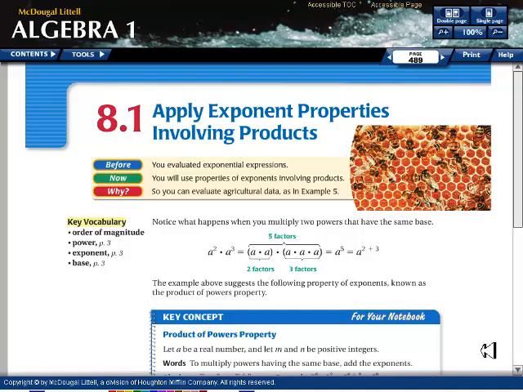Okay, this lesson involves applying the exponent properties and involving products. So this whole chapter is actually about exponents. So whenever we start with this one,